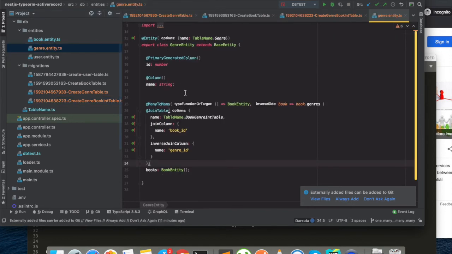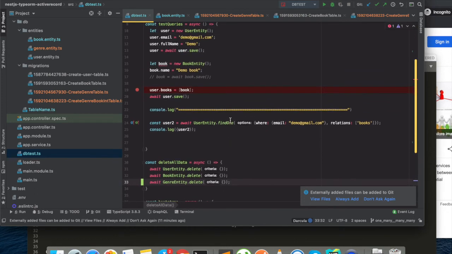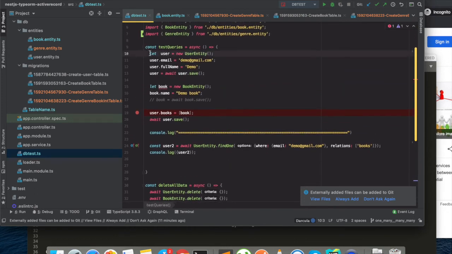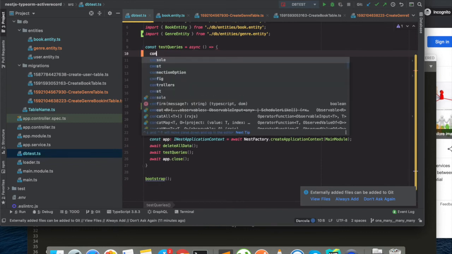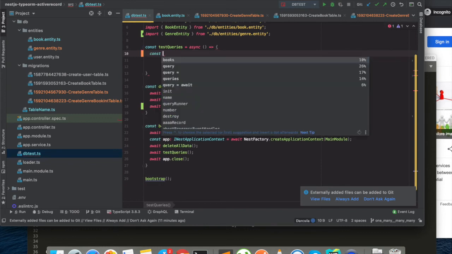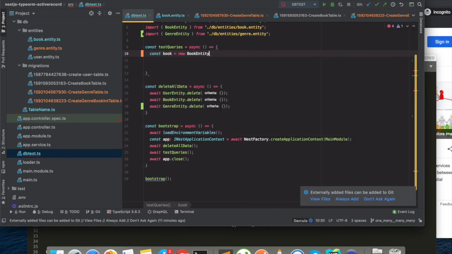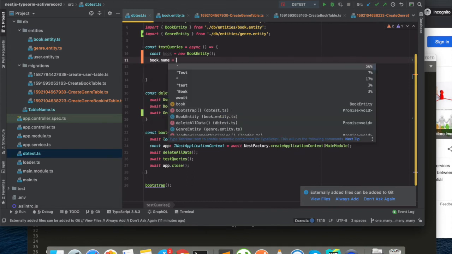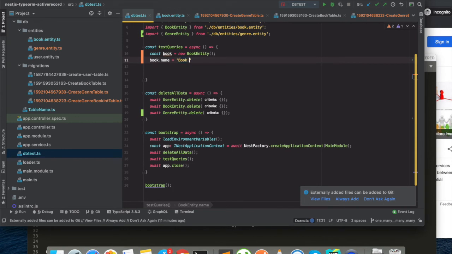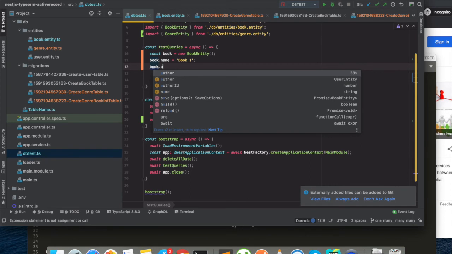So let's go into DB test. So here what we are going to do is we will just scrap this off. We will create const book is equal to new book entity, book dot name is equal to book one, book dot.